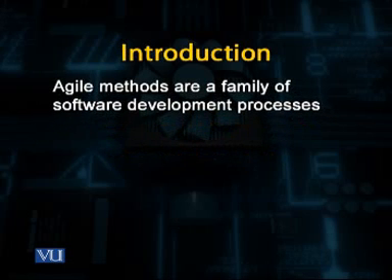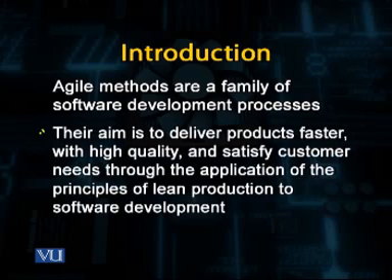Agile methods are a family of software development processes. There is not one particular Agile method; there are a number of them. Their aim is to deliver products faster. They claim that products developed using Agile methodologies are developed quickly compared to traditional software development approaches. Another claim is that the quality of software is high. Similarly, they claim that customer satisfaction is higher compared to traditional approaches,